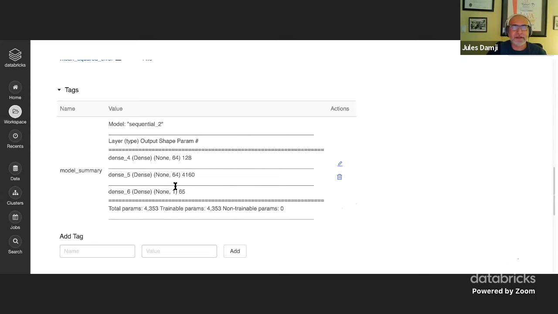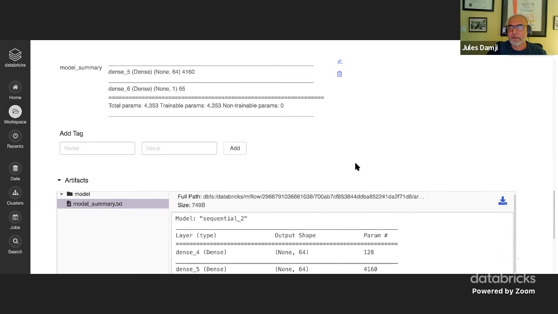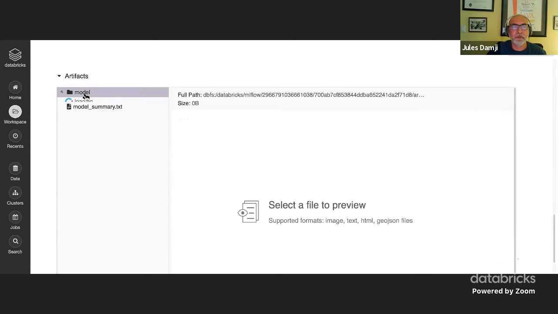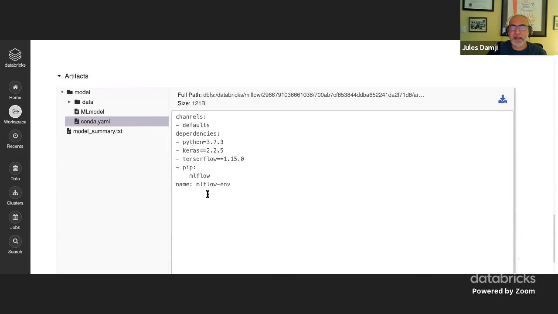The good thing it does is it also prints out the summaries and gives you a particular tag. And if you go to this particular model summary, it gives you the entire summary of what your layers look like, how many of them had trainable parameters, and so on and so forth. You can actually look at the particular model. And this is a conda file that actually has